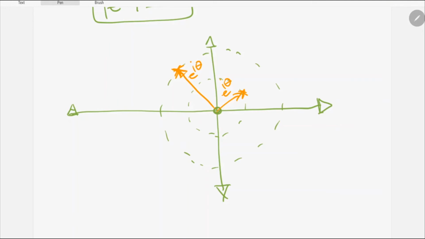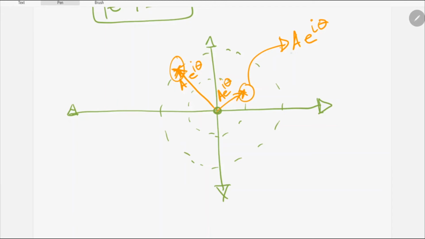But if we want to increase or decrease the magnitude, we just put an a in front of it, right? We multiply with a. So these points, their true location will be traced by a e^(iθ),